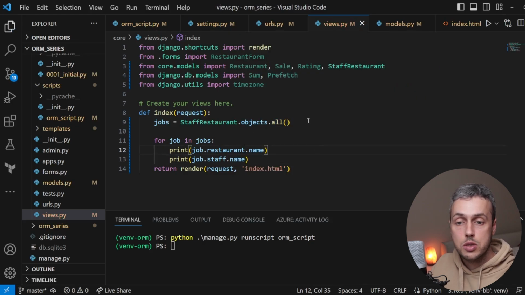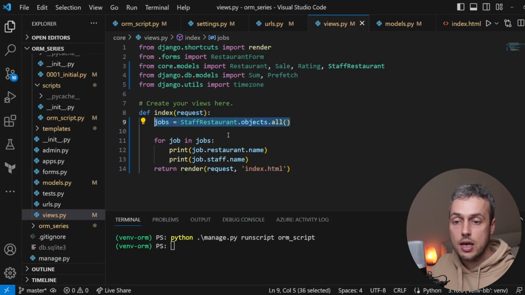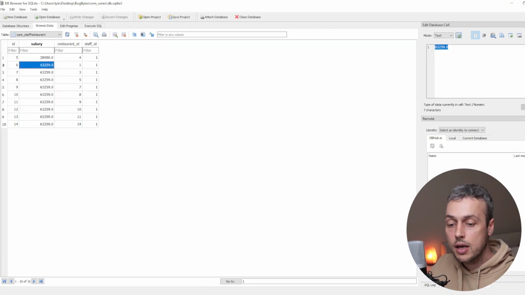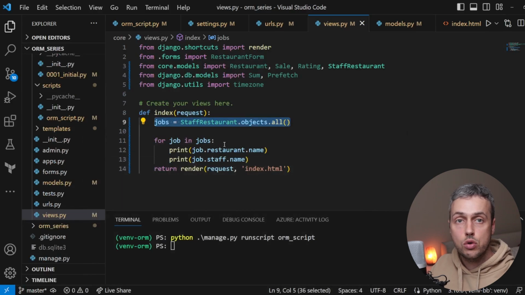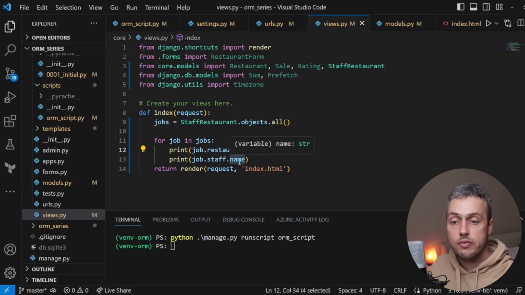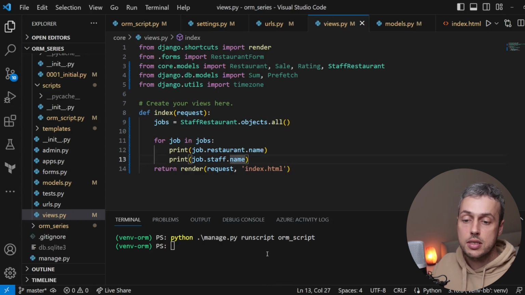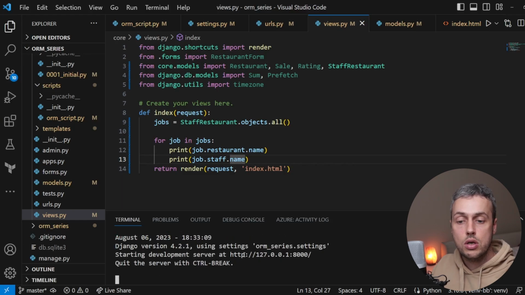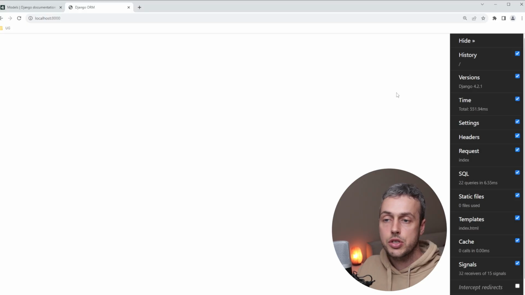So let's just quickly explain what's going on here. We're getting all of the staff restaurant objects that correspond to the rows in this table here, and then when we get them, we're iterating over each one of them. We're printing the restaurant's name, and we're also printing the staff member's name to the terminal. So let's save this and run Django's development server, and we're going to go to the browser and go to this page. Now I'm on the page, and you can see that nothing is displayed on this page, but